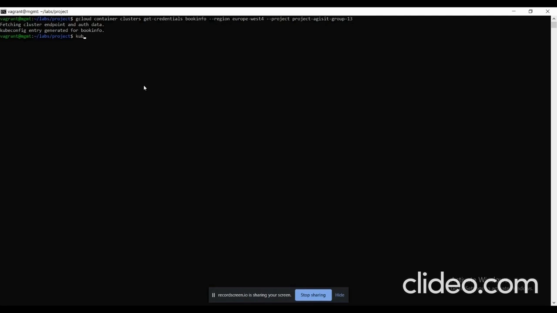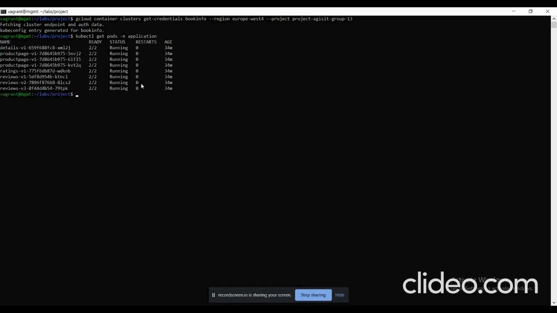For example, we can use this command to see all our pods in the application namespace. As you can see, everything is running as it should be.